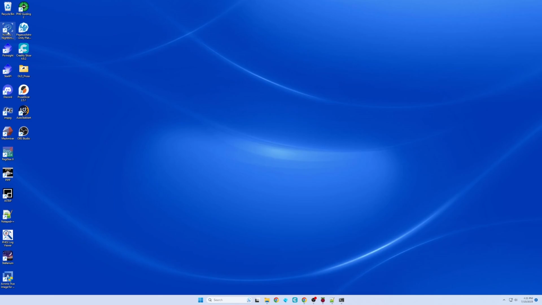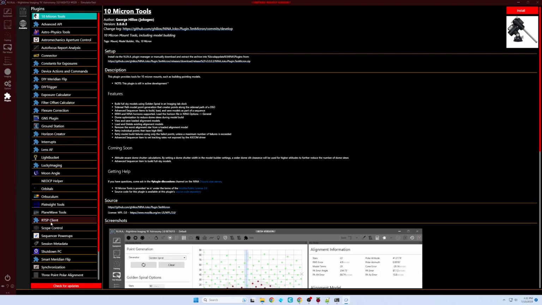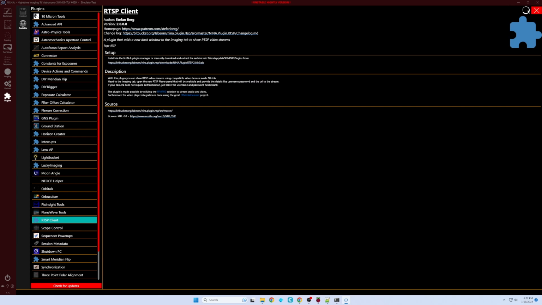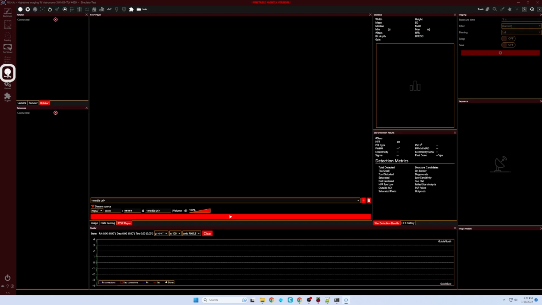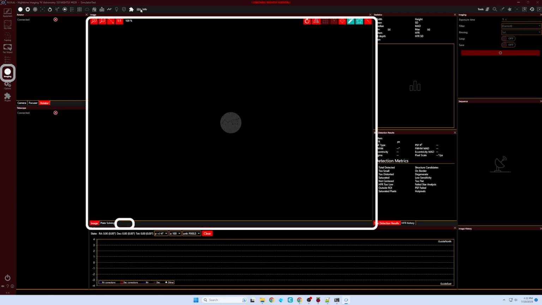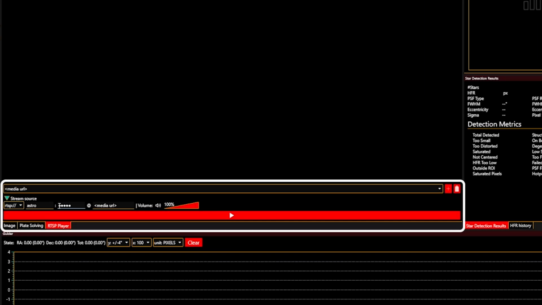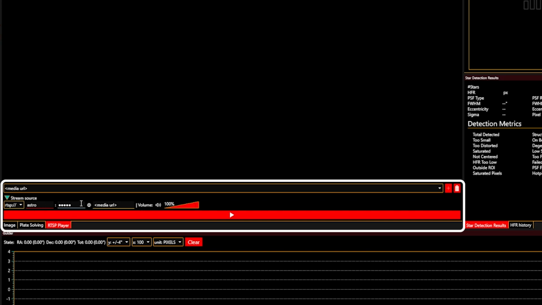All right, let's go into NINA and test this out. If you don't have the RTSP client plugin installed, go ahead and add it now, and then restart NINA. Once it's ready, go to the imaging page and find the RTSP player window. Click up here to enable or disable it. Tell the plugin where the RTSP stream is located. In my case, I have astro and astro for the authentication up front, and then